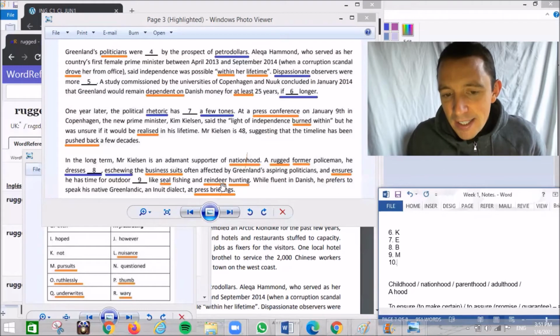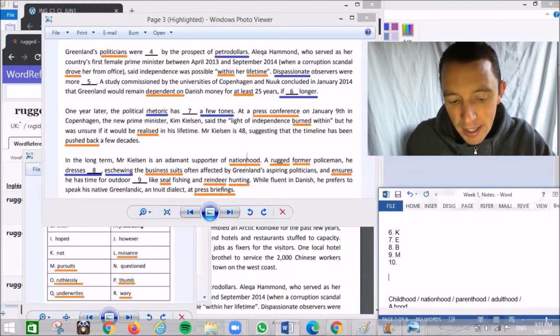And reindeer is the ciervo. Hunting is tathar. While fluent in Danish, he prefers to speak his native Greenlandic in Inuit dialect at press briefings. Okay, so press briefing is like the press conference, rueda, the prensa, but a briefing, there is a verb, breve,